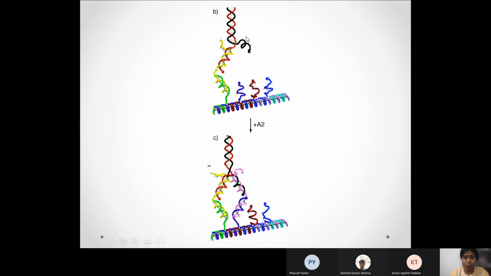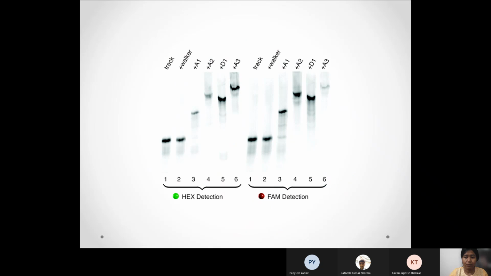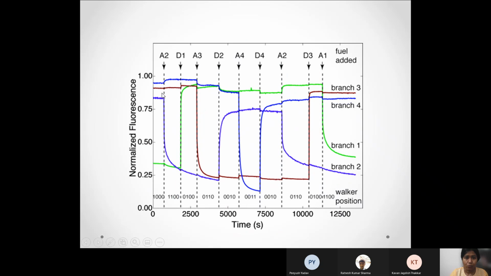So A1 was attached, this fluorescence was quenched, you had these 3 fluorophores. Now you've added A2, so A1, A2 both will be quenched, but A3, A4 would remain. Exactly, that's what you see here. So 2 fluorophores, A3, A4 are still fluorescing, but the moment you add A2, A2 fluorescence goes down, A1 was